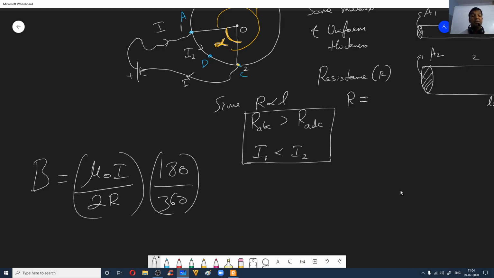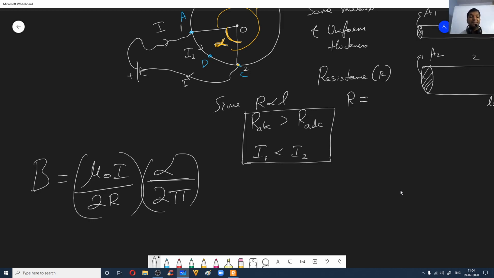Now what is the magnetic field due to a quarter circle? It makes sense to say 1/4 of the complete loop for a quarter circle. Then you could have written 90 divided by 360, which turns out to be 1/4. Now in general, if the angle is some alpha, you can say alpha divided by 2 pi.